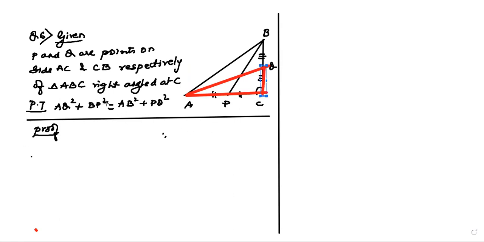Then comes, children, BP square. Let's see, this BP square is a side of which right angle triangle? When I look at BP square, children, I can see it's a side of this pink color right angle triangle. It may become a little out of shape, doesn't matter, just to help you understand. So you can see here, children, AQ belongs to the red right angle triangle, BP belongs to the pink right